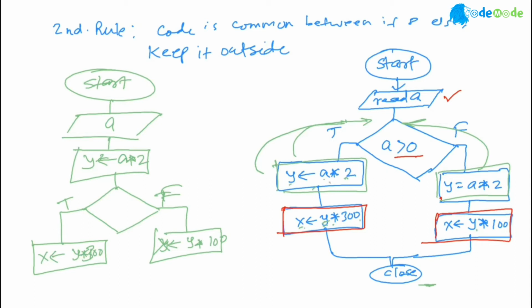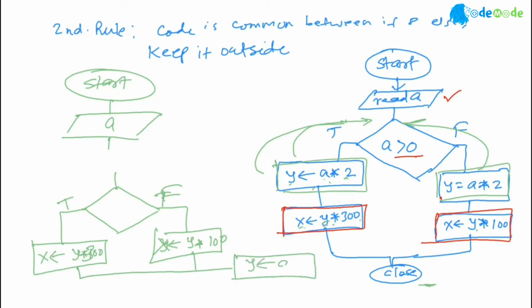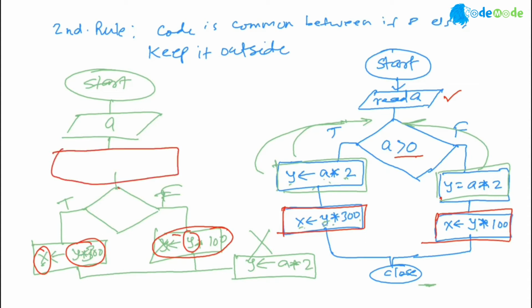Suppose I remove this part here, and after this I go ahead and create this y as a multiplied by 2. I can't do this. Why? Because x here is dependent on y and 300. Here x is y multiplied by 100. So y has to be calculated first. It was just that y I was calculating as common. So that's why you want to put the y value here, y is a multiplied by 2, not here. This is wrong. Make sense? I'll pause for a minute.